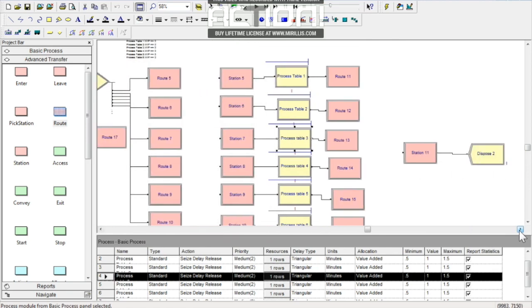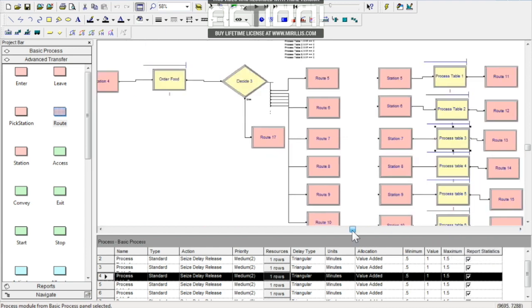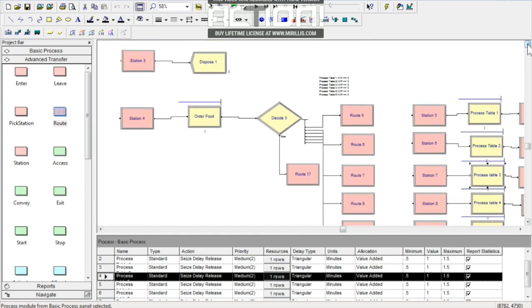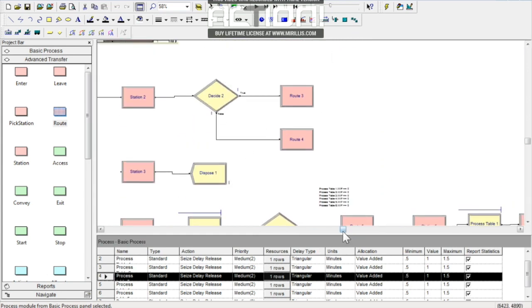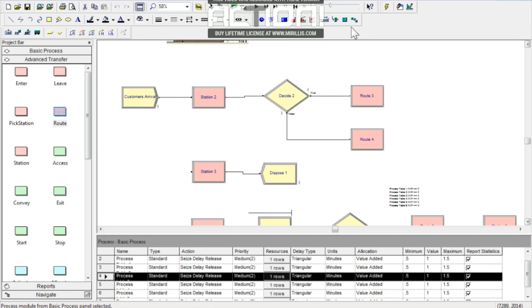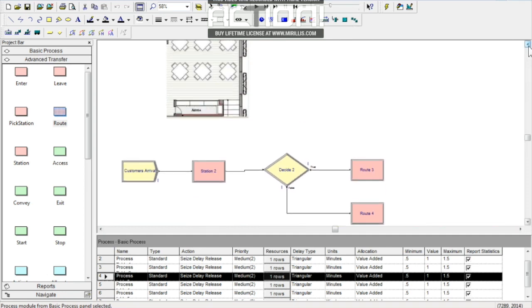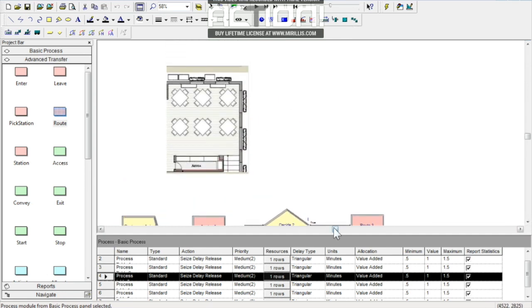They leave to where? To the station 11. Through what? Through the road 13 in this case. And they just leave the system. So that's our system. But what really gives an added value to these two new models, station and